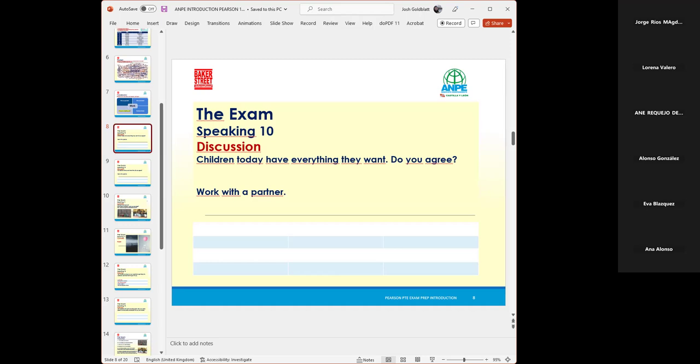Alonso, okay, all right. But Alonso, I say this is good because when children are small, it's good. They have lots of things and they can play and enjoy their time. Don't you think? What? Can you repeat, please? Yes. When children are young, it's good that they have many things so that they can play and they can enjoy themselves.